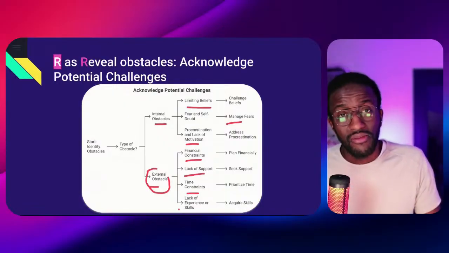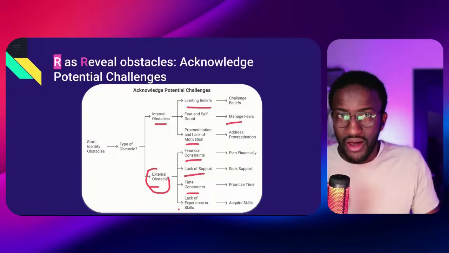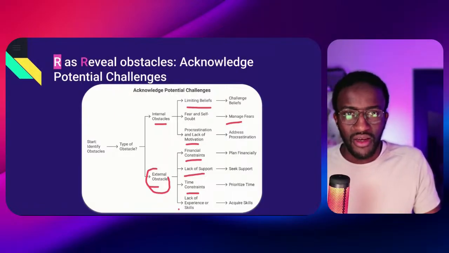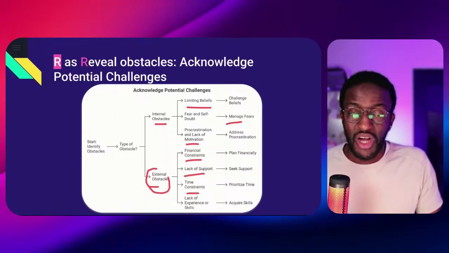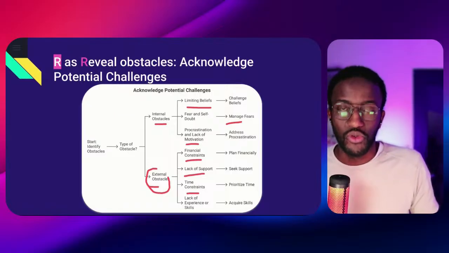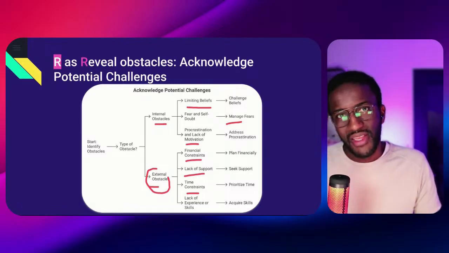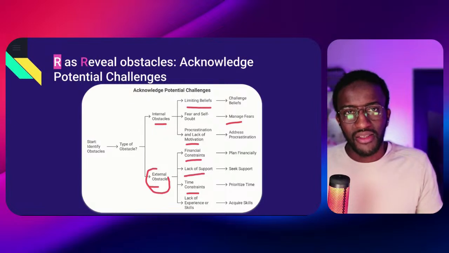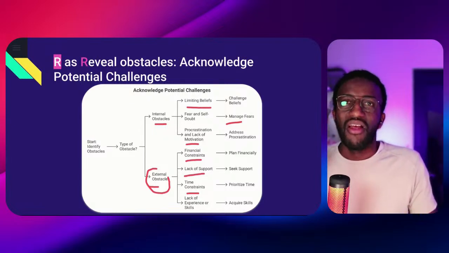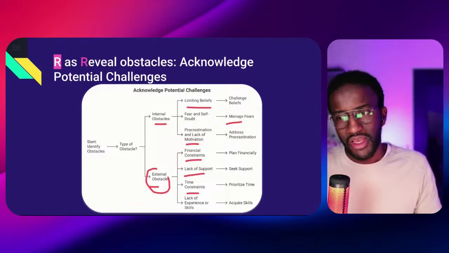One of the factors can also be that you lack skills. For example, today I can say I'm not very good at doing live streams. How can I improve myself to be able to talk to the camera, even if I'm just looking at a lens here? This is something I have to learn. You can mitigate this by acquiring new skills, by learning in public and building in public, so that you can get feedback and improve yourself. So we are talking here about the reveal obstacles step.